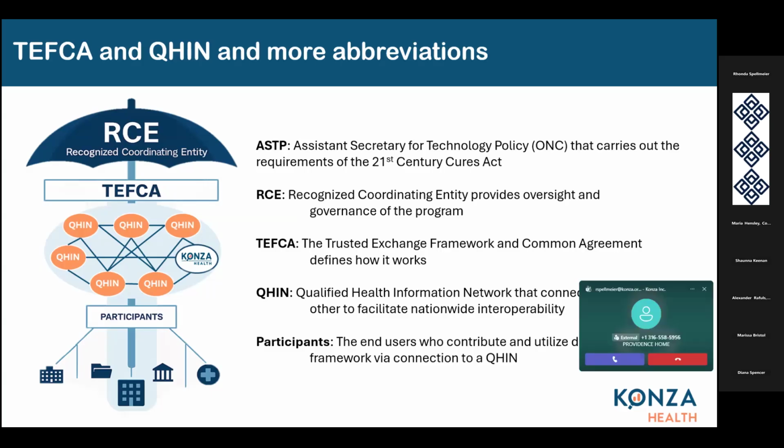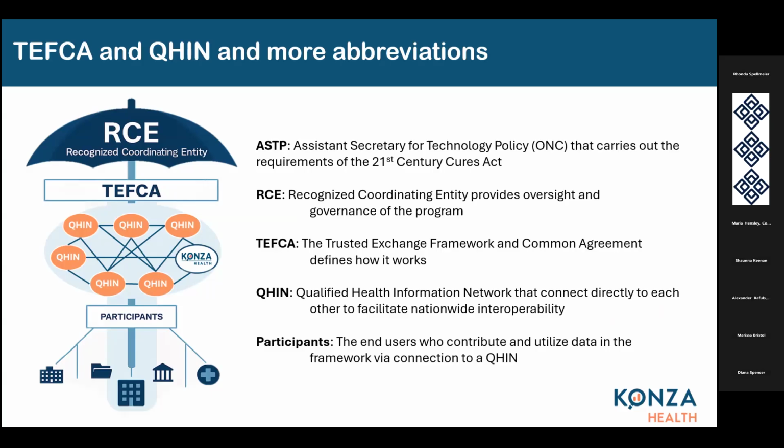So if you think about all of these different health information exchanges, the idea behind this is that the federal government says, instead of forcing organizations to have integrations with all these different HIEs and different payers and different government entities, why don't we have them connect to a participant who participates in a QHIN? And so the QHIN is essentially